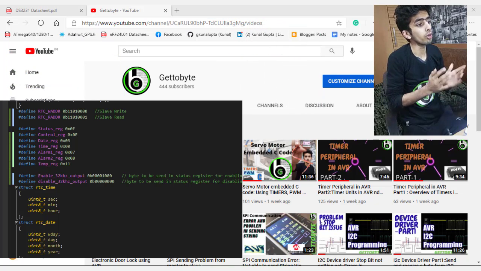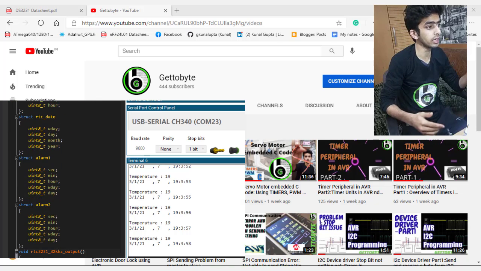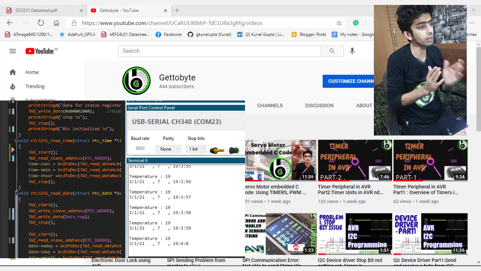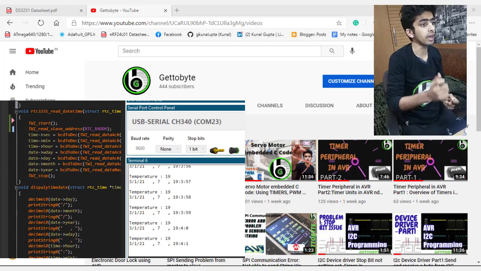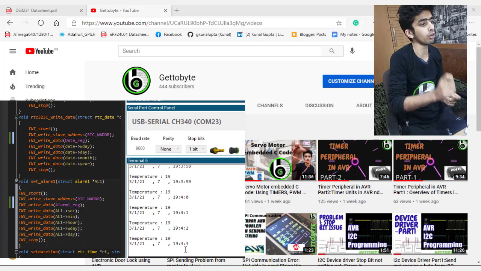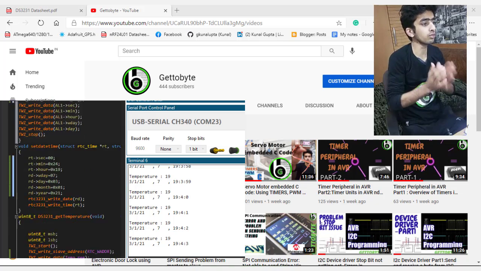We will develop the application code for printing the time, date and temperature on the terminal screen, in which time will be displayed in the 24-hour format and the weekday will be represented as the day number of the week, as shown in this frame.